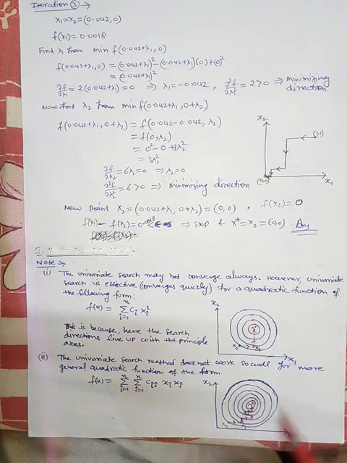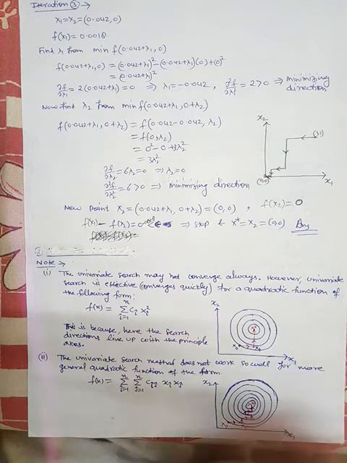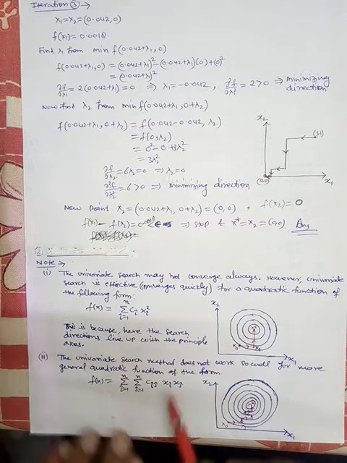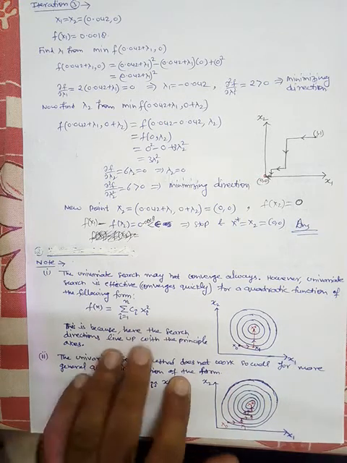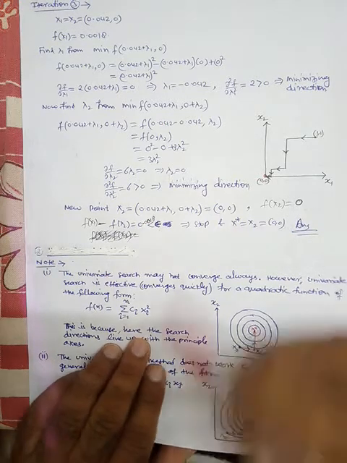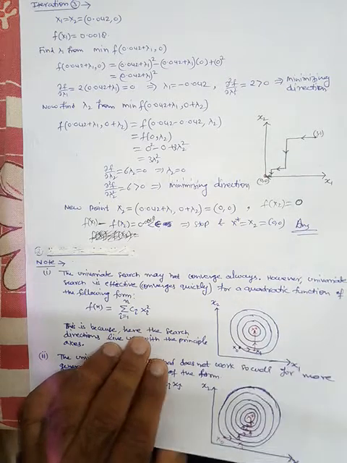Okay, and in this second category you will see we are moving from x0 to here, then here, then here, and then here, then in the negative direction. So we have a very tedious job, and the method does not work so well. Fine, so this is the univariate search method.